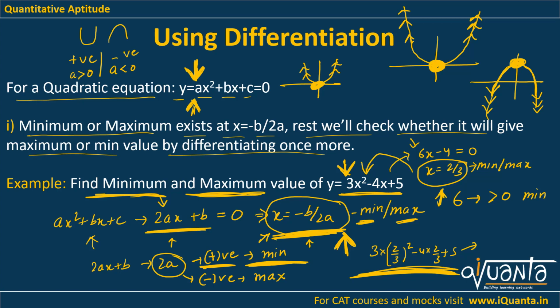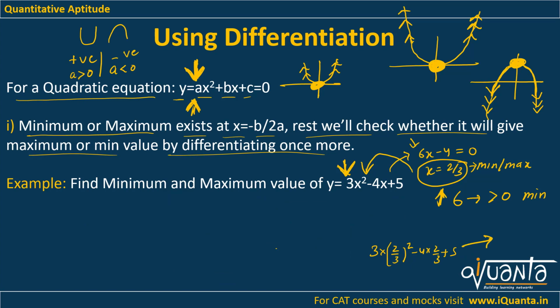Let me make you understand in some other way. You already know how to calculate the minimum value of this expression, right? Now we are trying to find out the maximum value of this expression. So we have 3x square minus 4x plus 5. If you keep increasing the value of x in this expression, it will keep becoming bigger and bigger. For example, if you put x equal to 0, you will get 5 as the value. If you put x equal to 1, you will get 3 minus 4, that means minus 1 plus 5, it is 4.